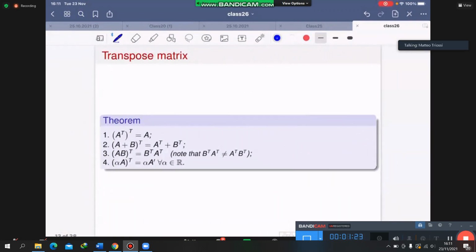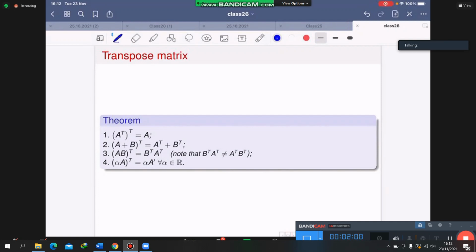A few useful properties of transpose matrices. If I transpose twice the same matrix, I obtain the initial matrix. The transposition of the transposition of A is A itself. The transposition of the sum of two matrices is the sum of the transpositions of the matrices,